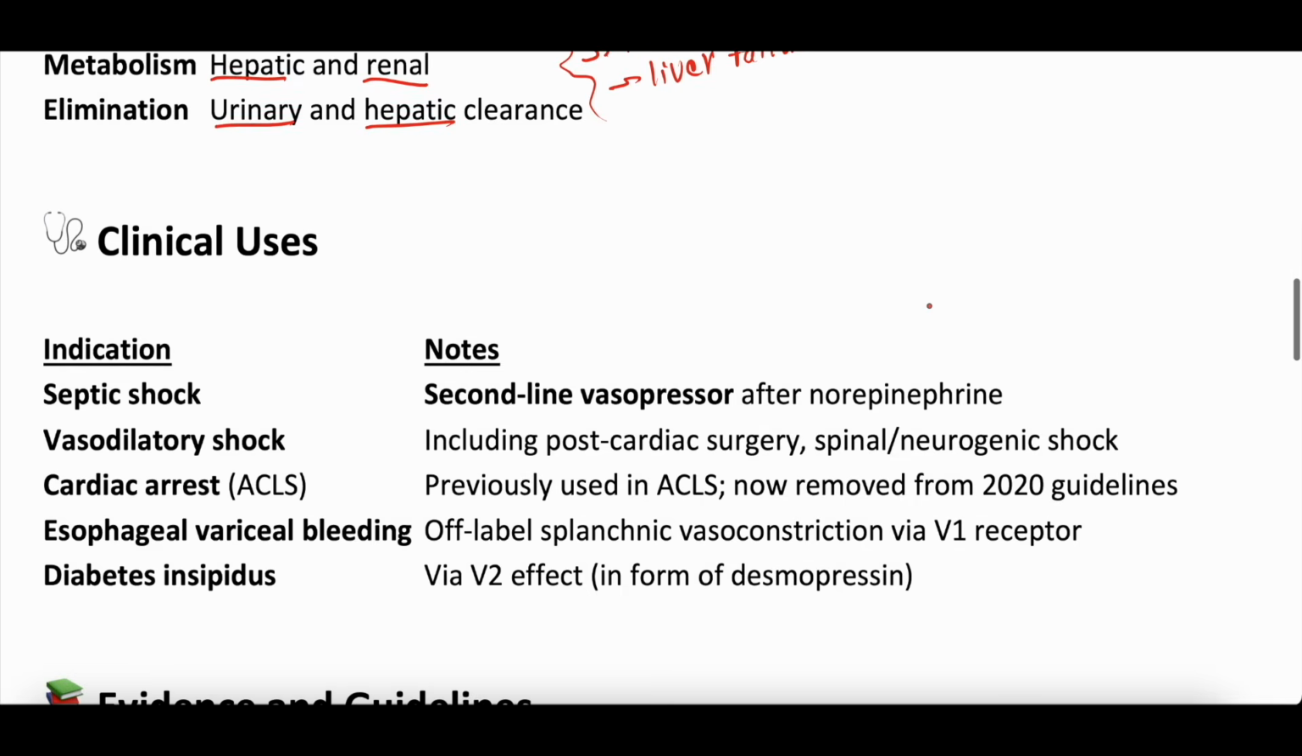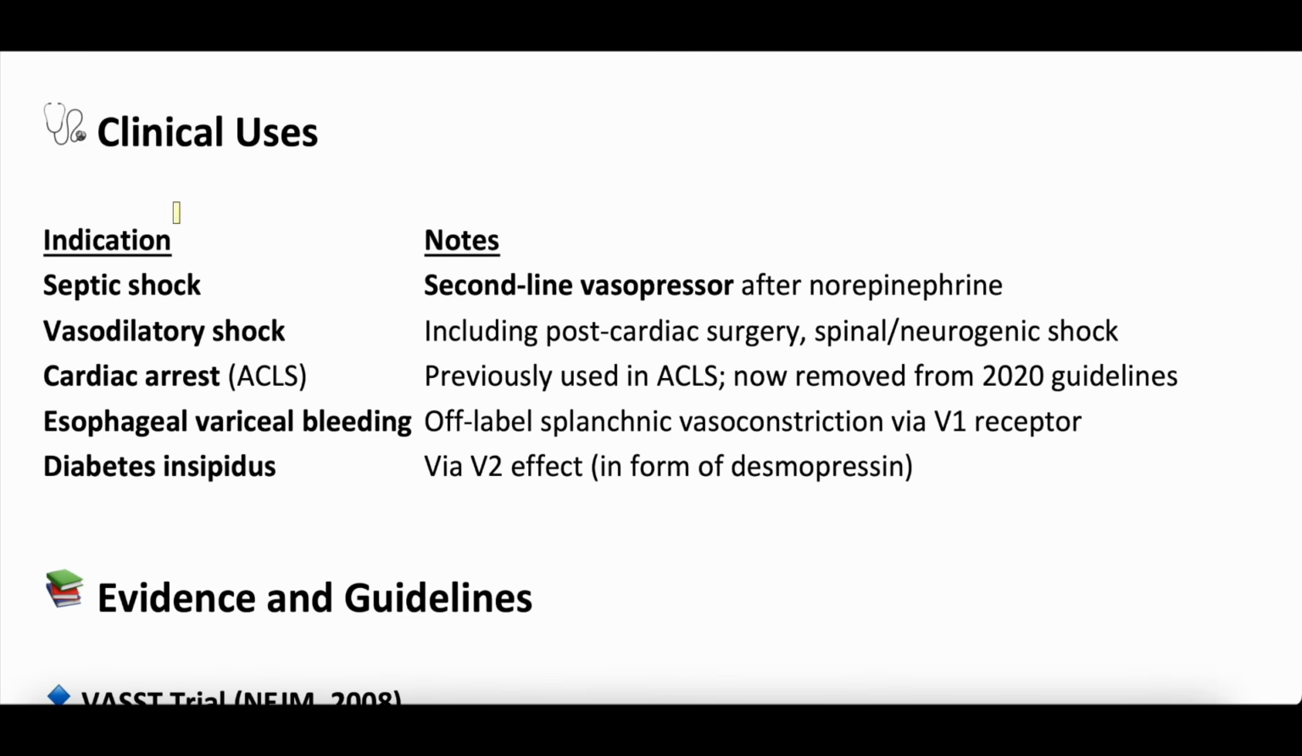Clinical uses. The most common clinical use is most often septic shock, when you're in shock from a severe infection. And in that case, it's that second line vasopressor. So you start norepinephrine, and if the norepinephrine is not working, you're going up and up and up on your norepinephrine doses, that's when you start vasopressin. Guidelines out there, if we were to use the Surviving Sepsis Campaign guidelines, they say to start vasopressin when you're